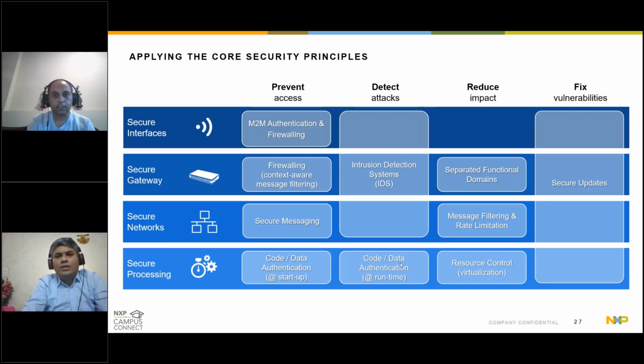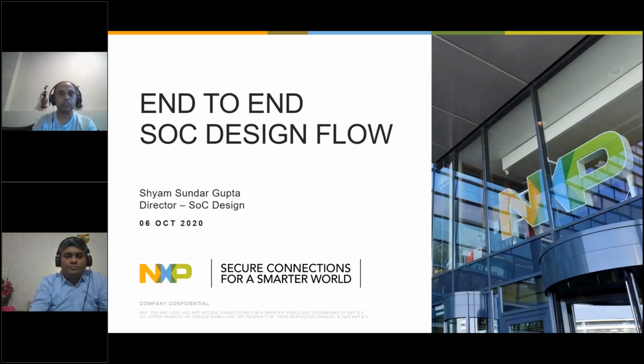Shanti. Thanks, Vedanta, for a nice introduction and covering the whole landscape and the ecosystem, starting from EDA, to the foundry vendors and the silicon houses, who are doing the product development, which are going to OEMs at the end of the day. So, good evening, everybody.